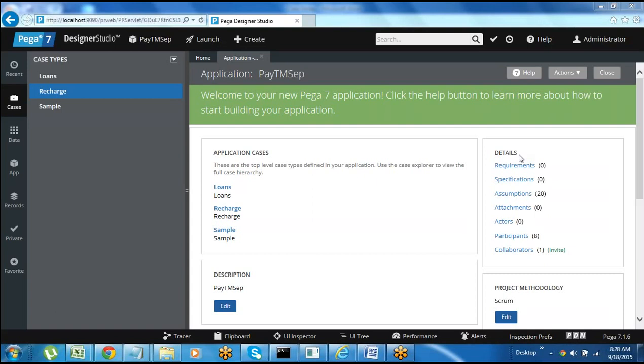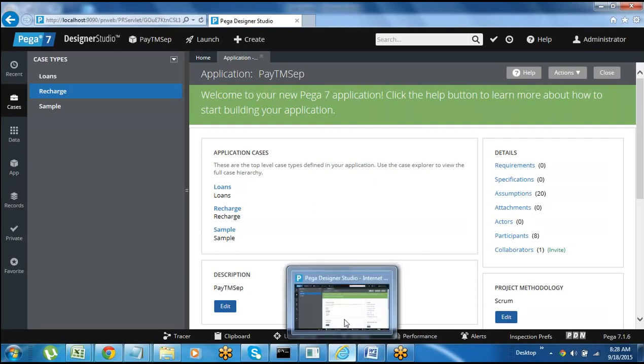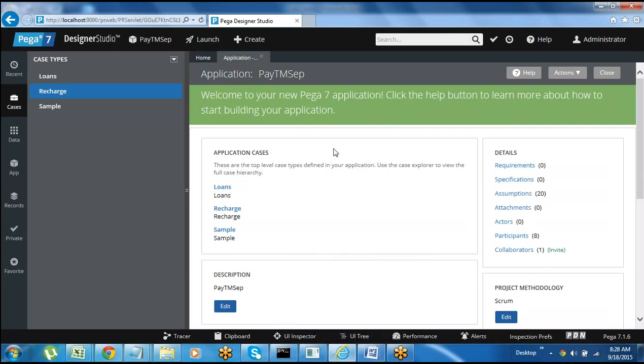Even in 6.3, I'll show how the DCO looks and how to create a new application, because the totality is different in 6.3. But our main training will be on 7.1. Normally 2 to 3 sessions will be on 6.3.